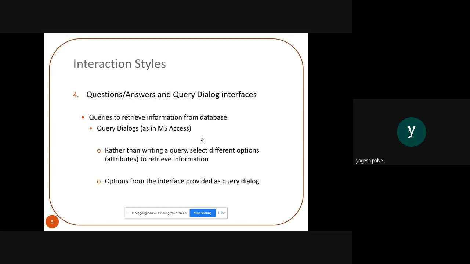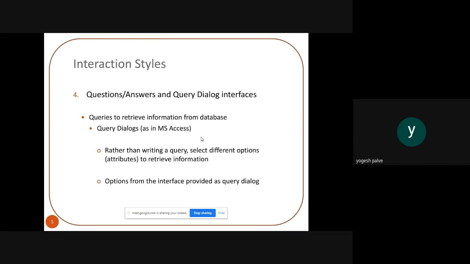Then query dialog, as in MS Access, you all know this kind of application is very popular and widely used by users. So rather than writing a query, you select different options or attributes to retrieve the information.